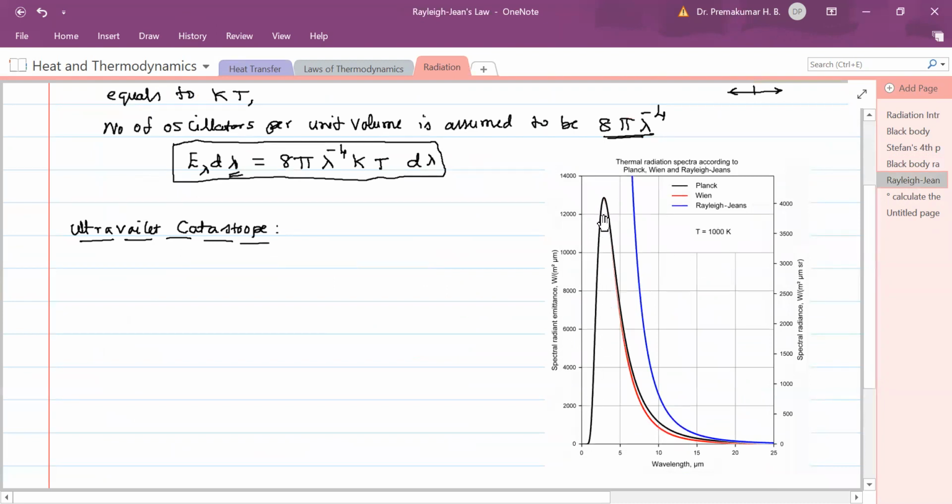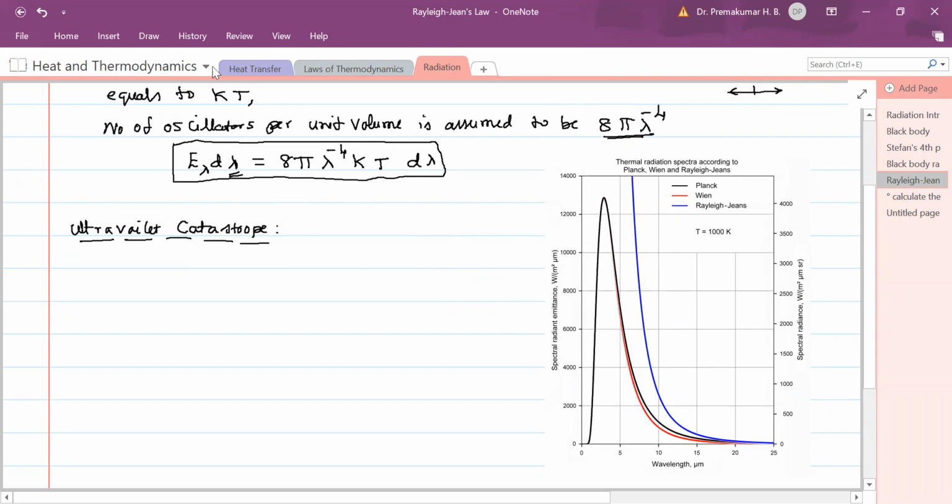See here at the lower wavelength, the ultraviolet region. See that blue color line? It is not at all there. What is happening? Actually, it is coming from down like that. See, lambda to the power of minus 4. If you trace E lambda, lambda to the power of minus 4, this is how you get it. Something like exponential decrease, almost like a parabola, but an inverted parabola. See, it goes like this and comes here like that. So it is never able to explain.